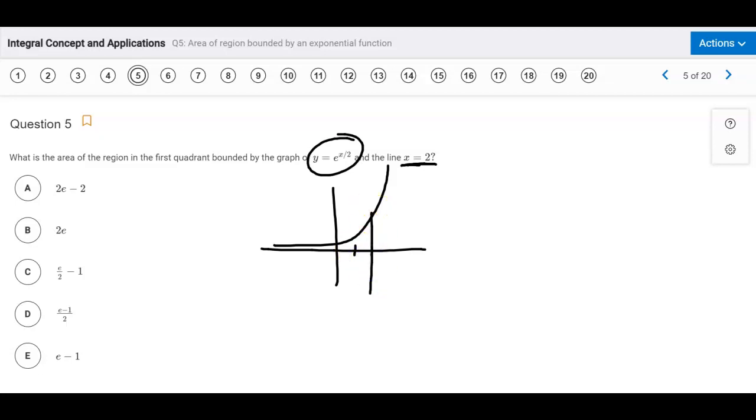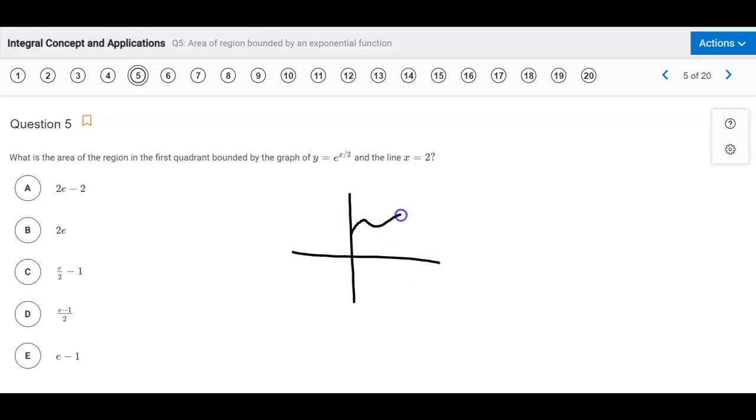Now they're telling you that you're only in the first quadrant. So that would mean we're only in this area. But like I said, you may not really even need to know what this graph looks like, because even if you drew the graph a little differently, it doesn't really matter. We're still going from 0 to 2, and we want to find the area under the curve, and that picture is just a representation of what we want, right? So how do you find the area under a curve? Well, you integrate from your starting point to your ending point,